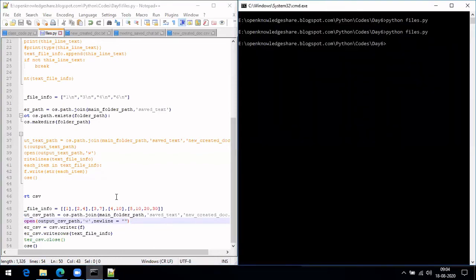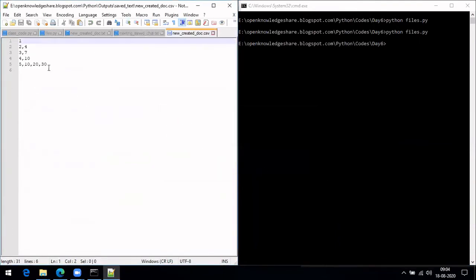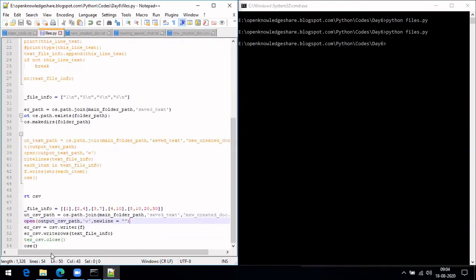Okay, it has run. Let's see it here itself. It has reached. See, you can see there is no gap here. Earlier there was a gap, right? Now there is no gap. This is a problem when you use this CSV writer. In that case, you have to define this newline like this. Then it won't add that extra row. So that is a quick fix in this case. Similarly, in case we want to read this particular CSV, we can do it the same way. And one more thing, other than this, in case we want to write one line at a time, how we can do is like,